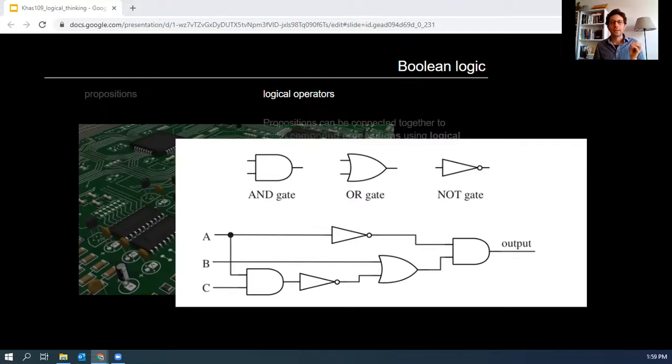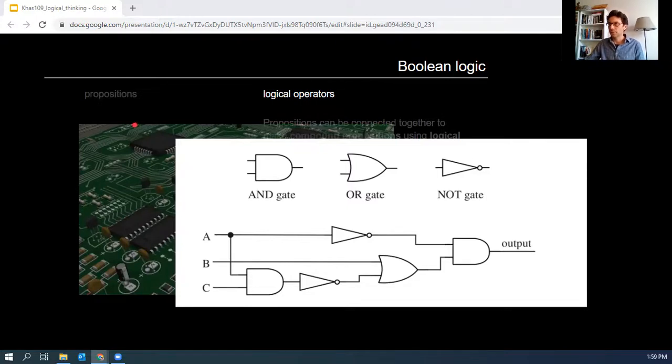On the picture you see letters A, B, and C. You can imagine them as switches, like light switches. You can either turn them on or off. When, for instance, A light switch is on, you can think of it as a 1 in our logical operation. So a number 1 is going into,